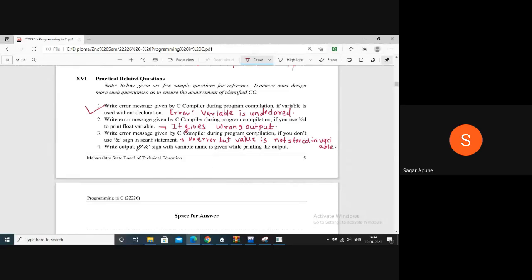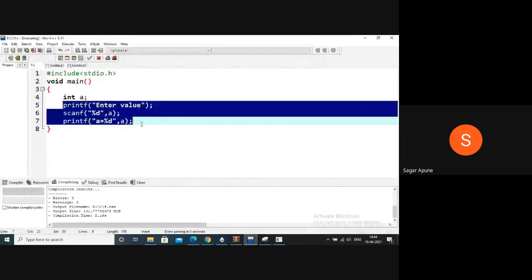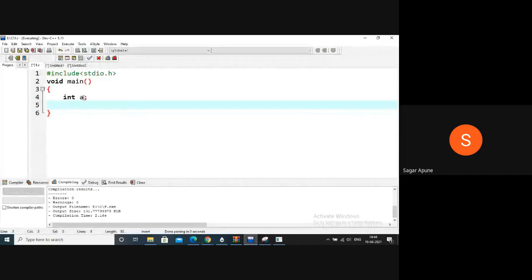Write the output if the ampersand sign with the variable name is given while printing the output. Okay, so the fourth question states that suppose here I use integer a is equal to 100 and here I want to print the value of a.